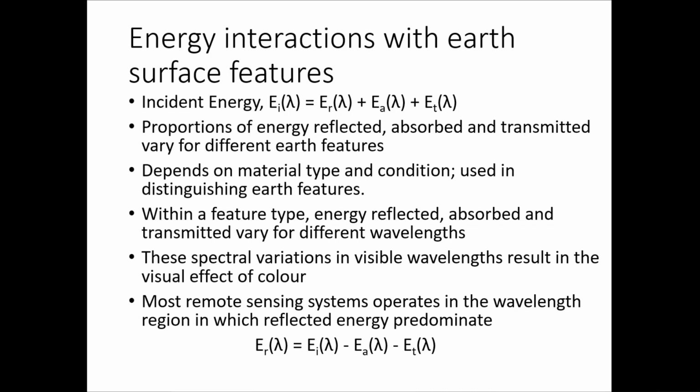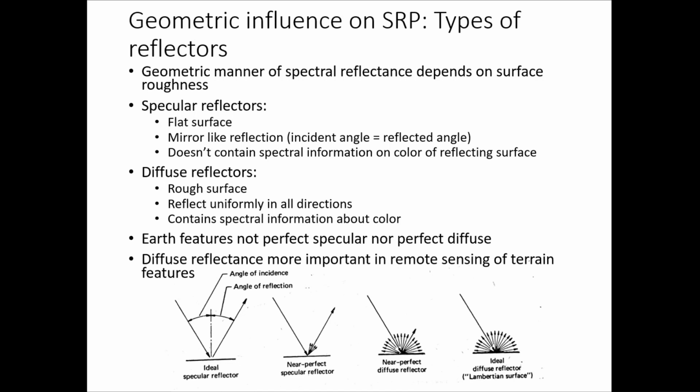All right. So absorption occurs when the radiation or energy is absorbed into the target, while transmission occurs when the radiation passes through a target, right? And reflection occurs when radiation bounces off the target and is redirected, right? So as I mentioned, in remote sensing, we are most interested in measuring the reflected radiation from the targets. So we refer to two types of reflection, which represent two extreme ends of the way in which energy is reflected from a target. One is a specular reflector and the other one is a diffuse reflector.